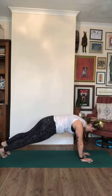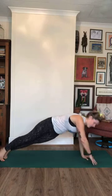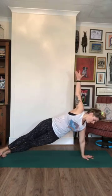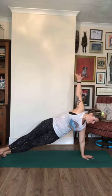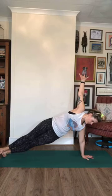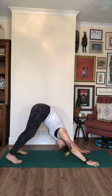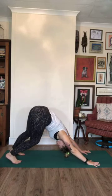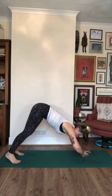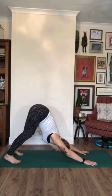Back through center. Taking the hand down, right hand opening out to the side. Bottom knee can come down if you need a little break. And then close it up, hips up and back. Find your way to downward facing. Wiggle around a little. Let's see what time it is. All right. When it feels good,